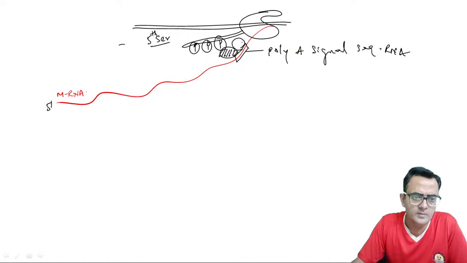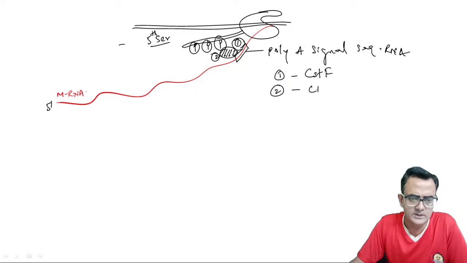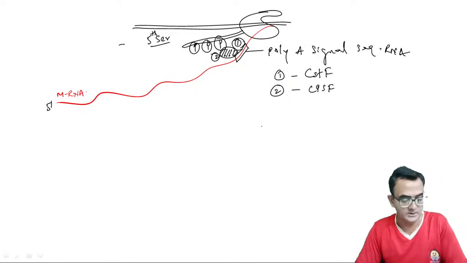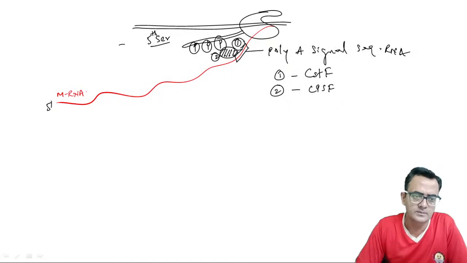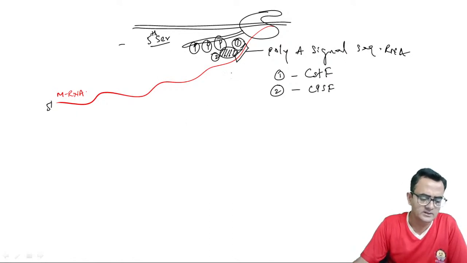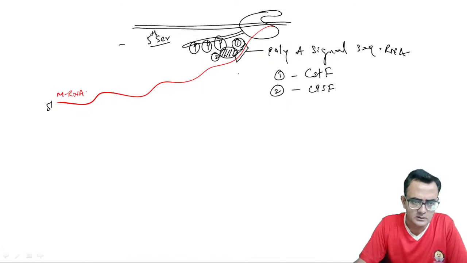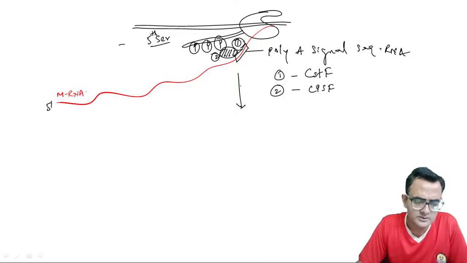See this blank enzyme, name this one the first and this the second. I'll write the names: this is called CSTF, and the second protein is called CPSF. So both will bind here, CPSF and CSTF. And this CPSF and CSTF carry out the process to the next level, and here the CSTF will